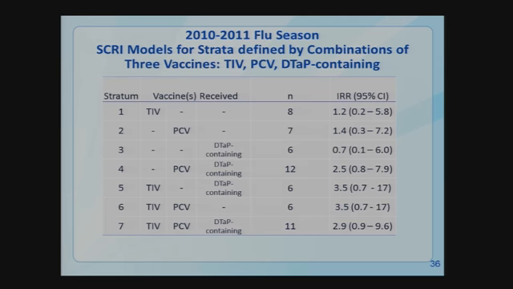So then replicating this analysis for the 2010-11 flu season on this slide, we'll see that we use the same approach, the same definitions for these strata. The difference being that by only looking at a single flu season, we have a smaller sample size, and none of our relative risks are statistically significant when restricted to the single flu season, but we see a very similar pattern.